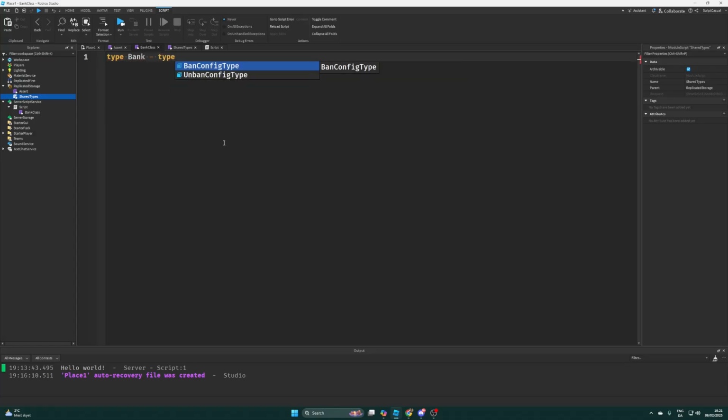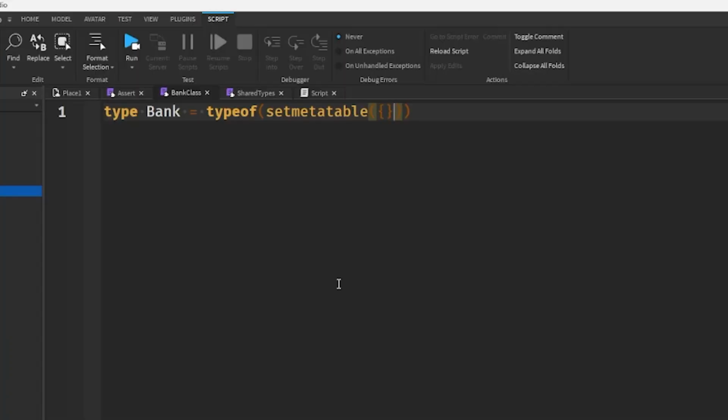And that's going to be type of setmetatable. And then we're going to make a metatable, which basically handles all the data that we're using for this bank. So all the methods that we're making, and the index and the setmetatable all goes into